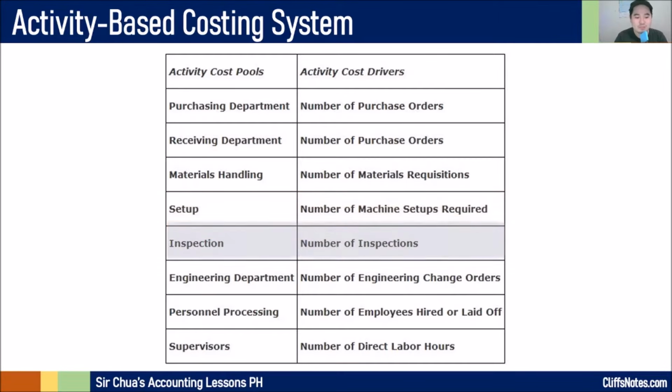Okay? And then, for inspection, syempre may costs din naman po ang pag-i-inspect. Like kanina, may cost din naman yung pagsa-set up. So, in inspection is, we also have costs of inspection. The thing is, how many inspections did we do this period? Okay? And then, in the engineering department, are there any engineering change orders? And if there is, how many? And then personnel processing, basically this is related to your human resource department. So the number of employees that are hired or laid off, or how many employees are being served by the HR, something like that. And then the cost of the salaries of your supervisors, you can actually allocate that using